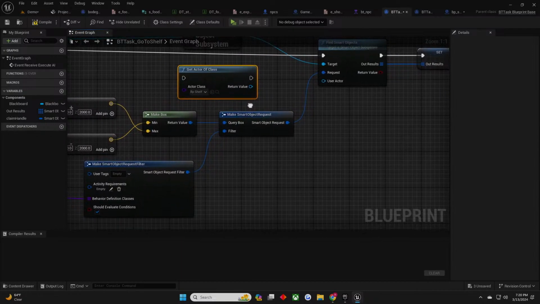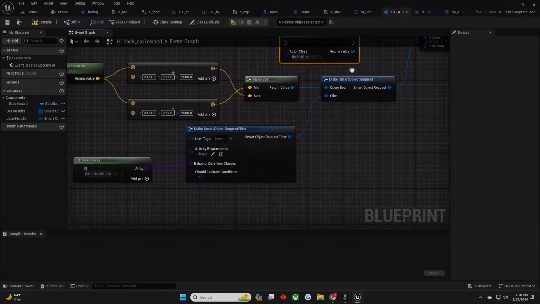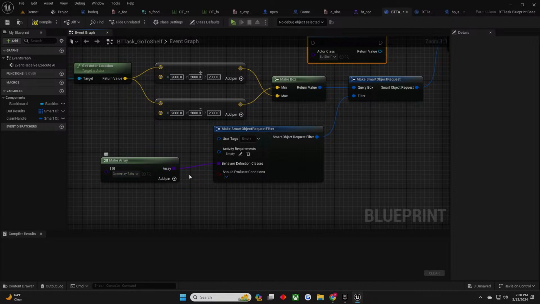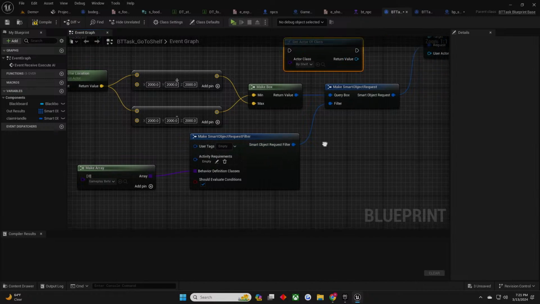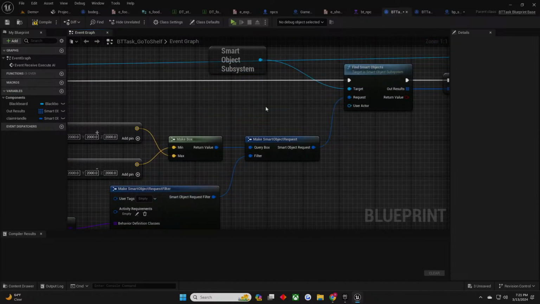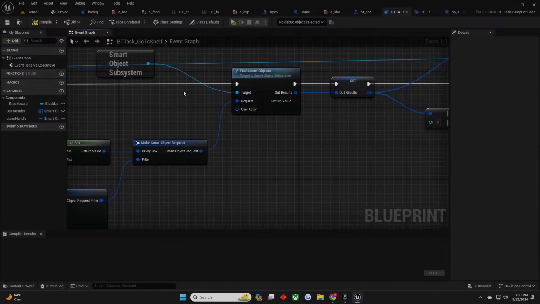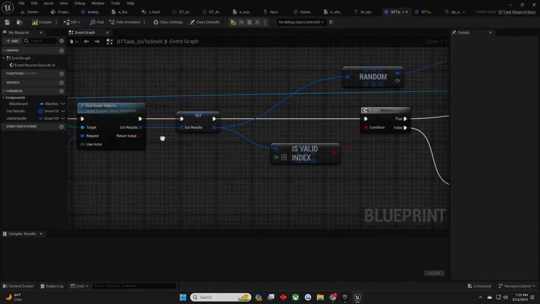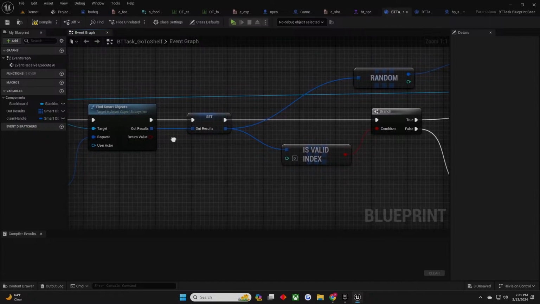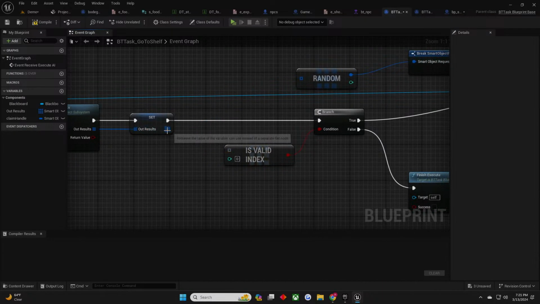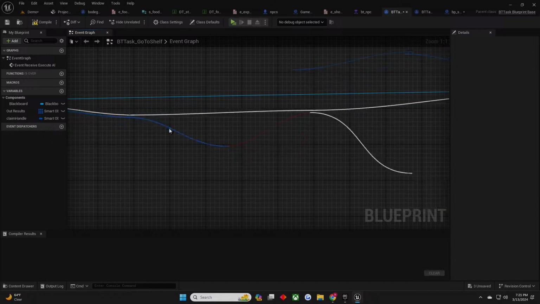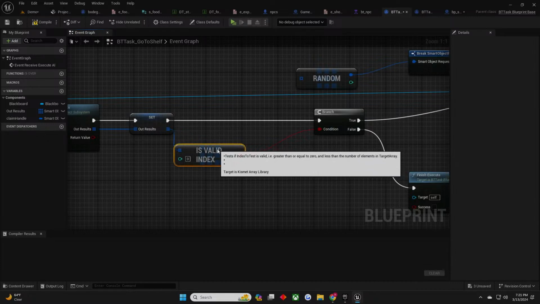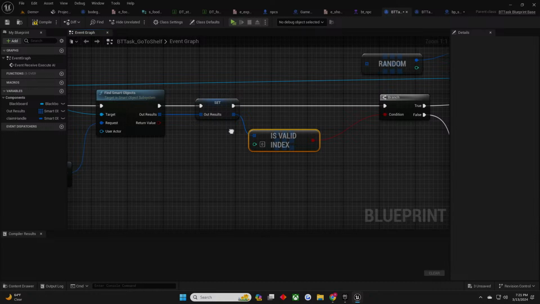I need all shelves and all smart slots. Gameplay behavior, should evaluate user tags. Activity, okay. Let's ignore that for now. We only have the one shelf anyhow. And I'm gonna have to figure that out. But my out results, I don't want a random. I want to decide whether or not it's a valid index. I want